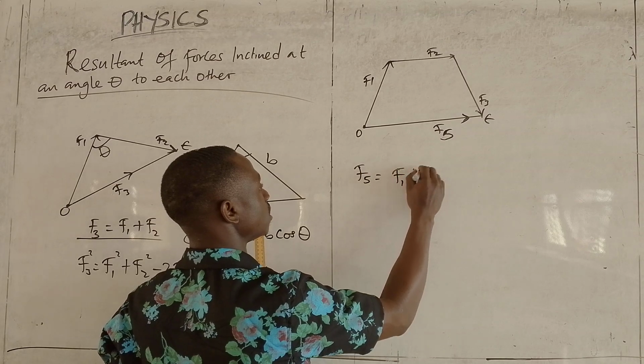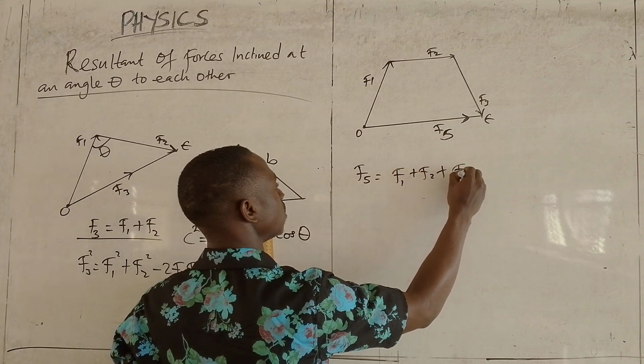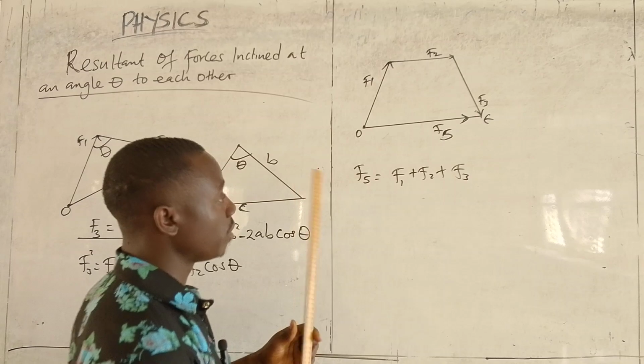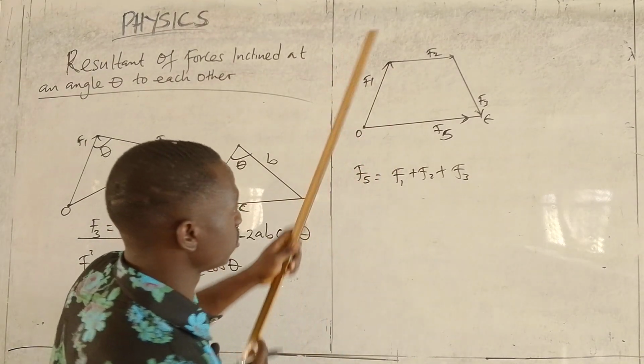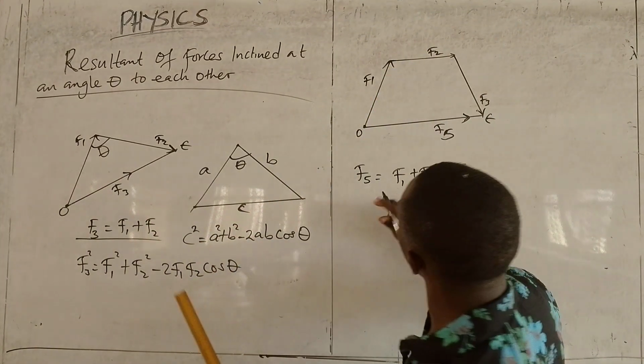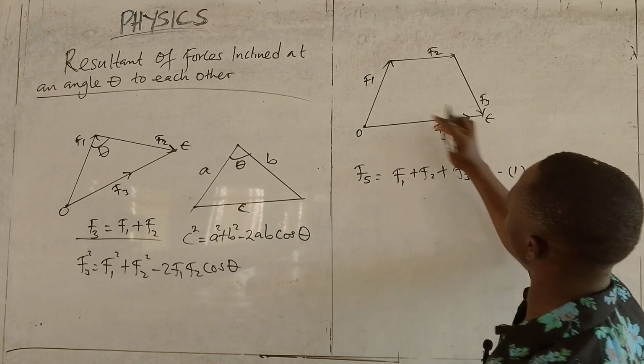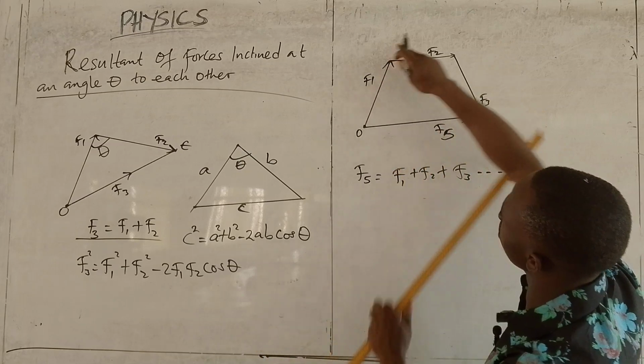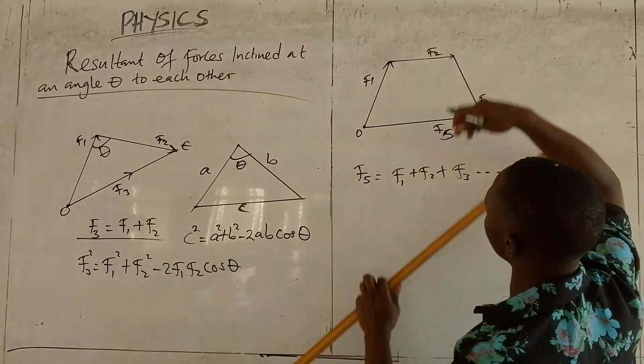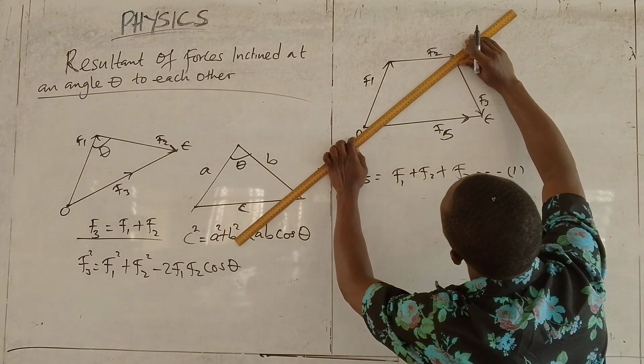F1 plus what? F2 plus what? Plus F3. There are more explanations to these things, but I didn't have time to expand it. Okay? In fact, let me call this one equation 1. Now, let me draw a diagonal in between this quadrilateral. You know, this is a quadrilateral now, right? So let me draw this diagonal here